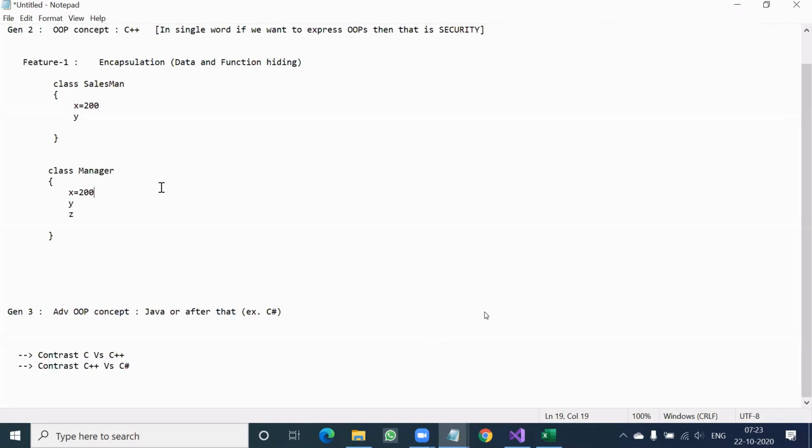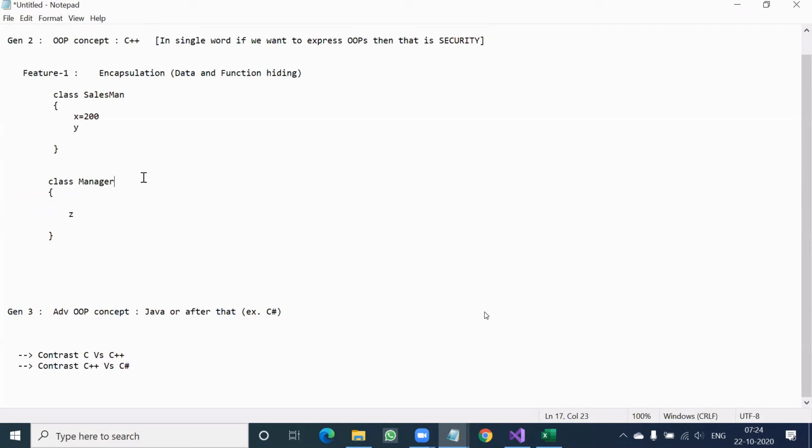Can it be better? They asked. Then they said, okay, the skeletal structure idea is, since salesman is already using x and y, the same x and y will be used by manager also. Don't define it here. You inherit that salesman here.